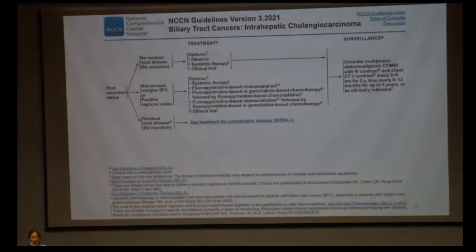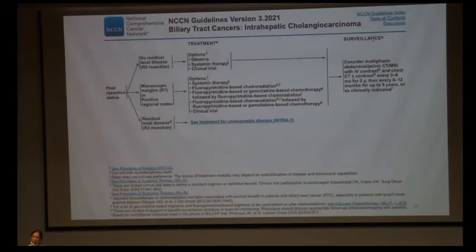Patients who have undergone surgery are assessed for the need for adjuvant therapy. If it is an R0 resection, then the options range from observation, systemic therapy or clinical trial. If the patients had an R1 resection or the nodes were positive, then adjuvant therapy is given. It can be systemic therapy, it can be radiation or a combination of these two. There are no randomized trials to date to tell us which of these is better. And if it's an R2 resection, then they go to treatment as unresectable disease.